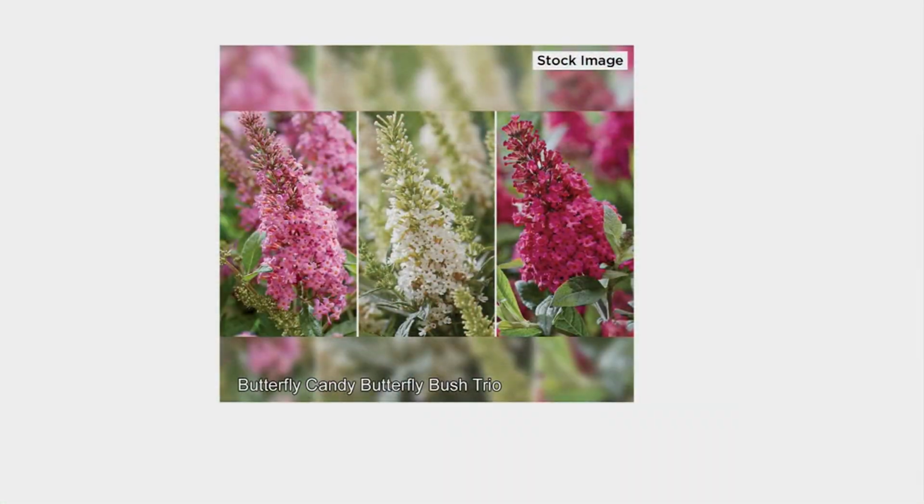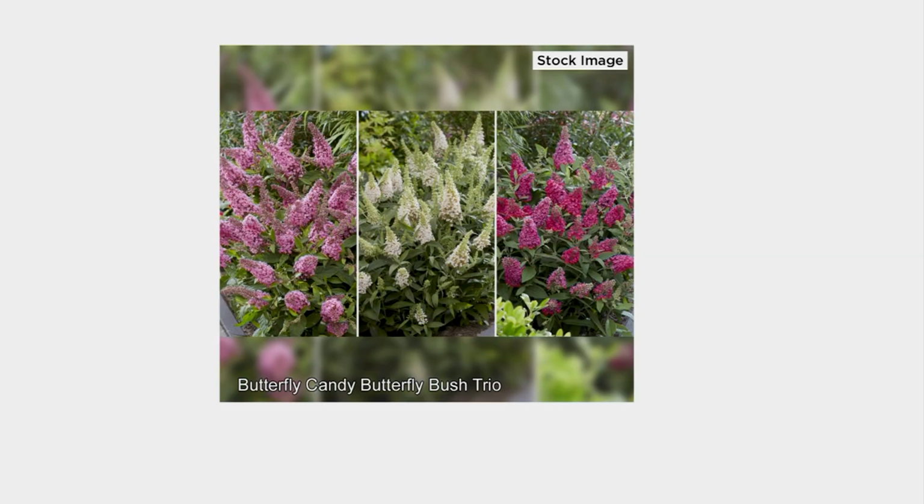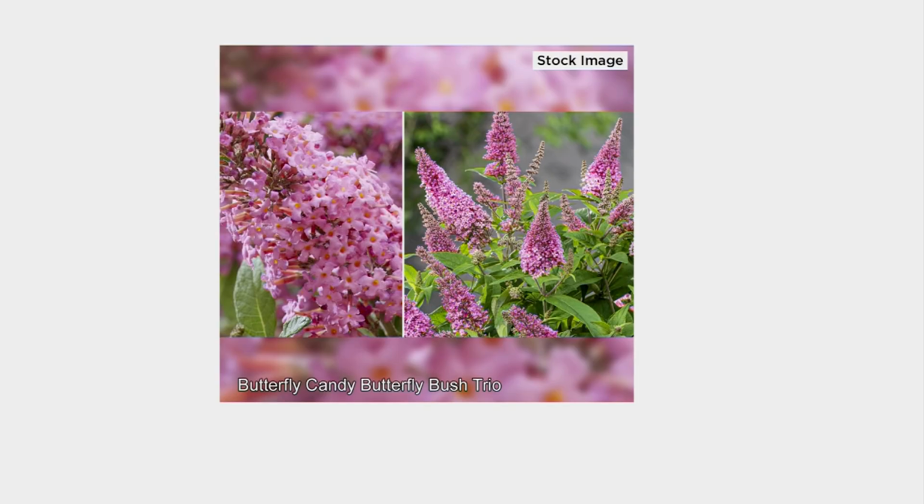Let's see, we're gonna see all those. Oh, there they are. Oh, wow. So the one on the left is Lil Taffy, the light pink, and then the one in the middle is Lil Coconut, and then the one on the right is Lil Raspberry. So 3 beautiful shades. I think they go really well together. Now these are well-behaved plants. You can see all the flowers on those roundy, moundy mounds of foliage, and the flowers are beautiful, and there